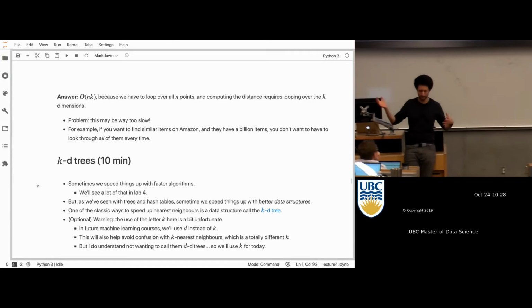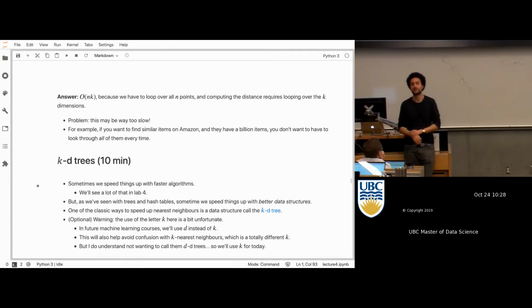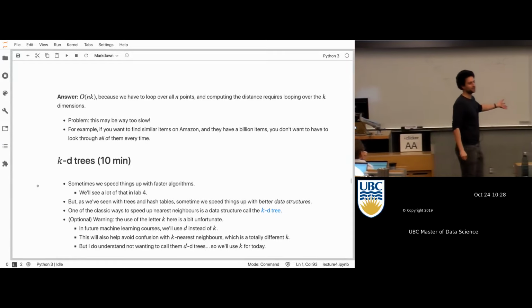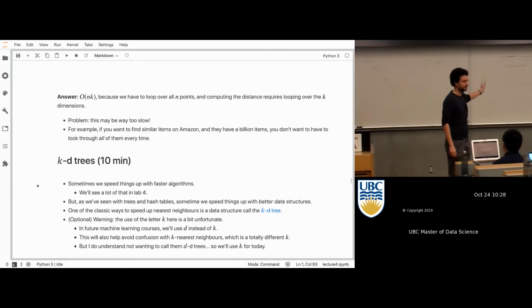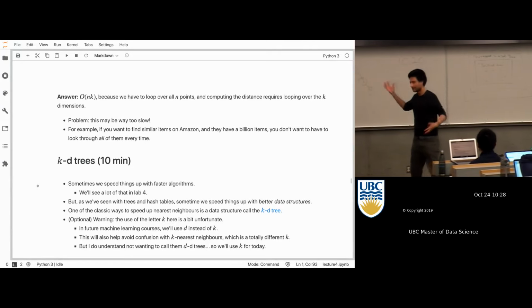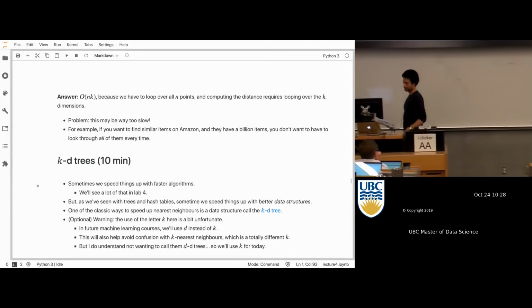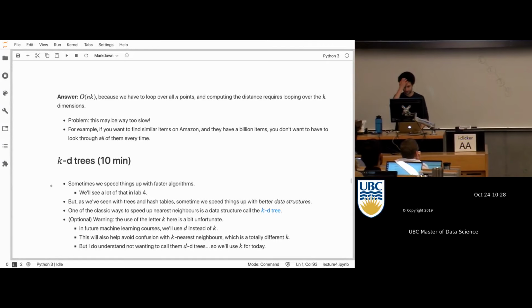And the reason why I'm changing gears so suddenly into this nearest neighbors thing in the middle of this course is that a good way to address this problem is actually with a type of tree. And we just talked about trees, so I thought, well, maybe it would fit together. So what is the plan here? Well,